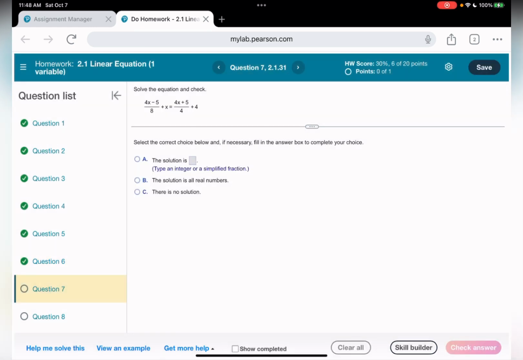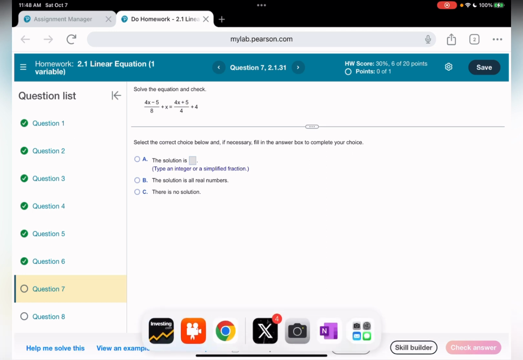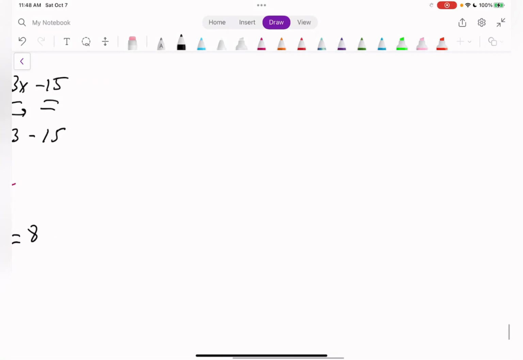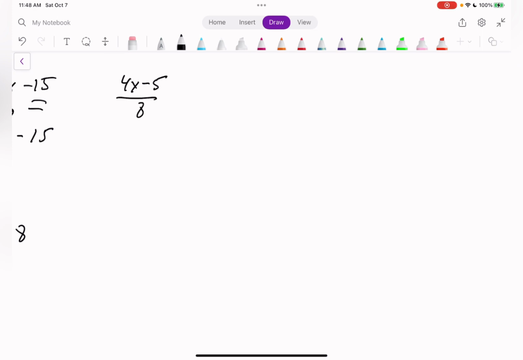Question number 7. So what do we have here? Taking a picture, and let's solve it. (4x minus 5) over 8 plus x equals (4x plus 5) over 4 plus 4. To be able to solve equations with fractions,